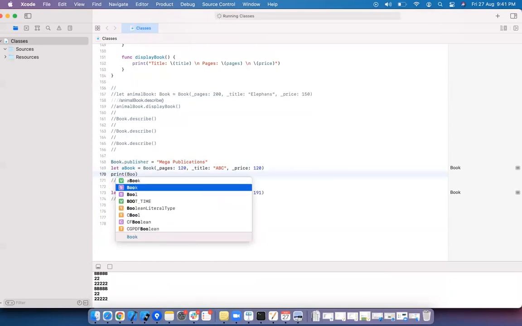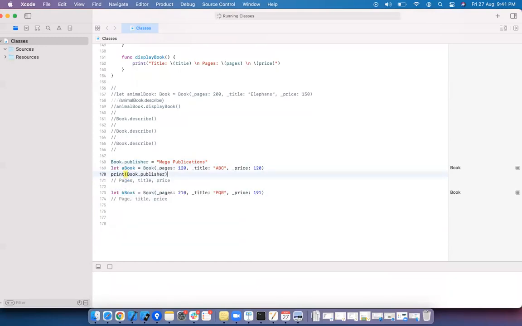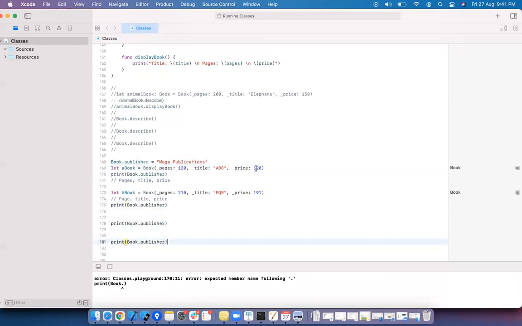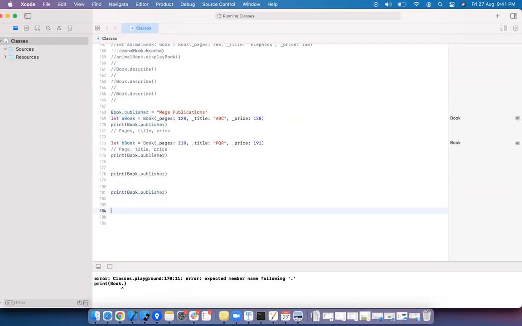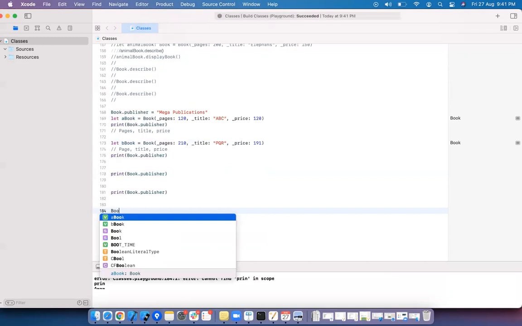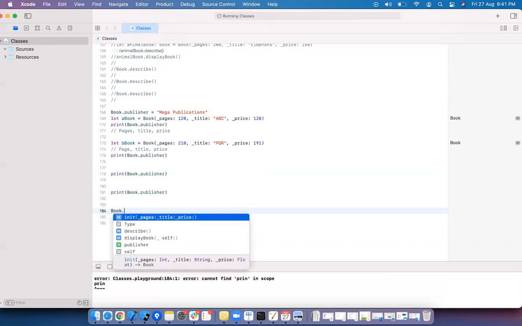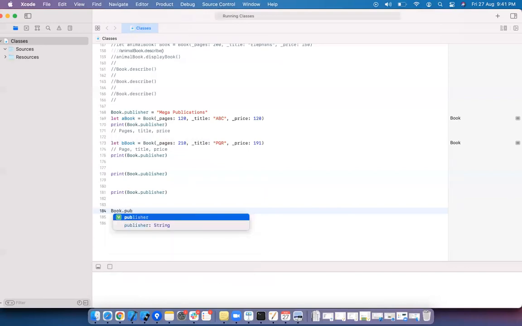Book dot publisher, even if you print here, the same. Even if you print it on 100 lines, the same. If in future the book publisher gets changed, then if you change it here, everything will be reflected in all the places.